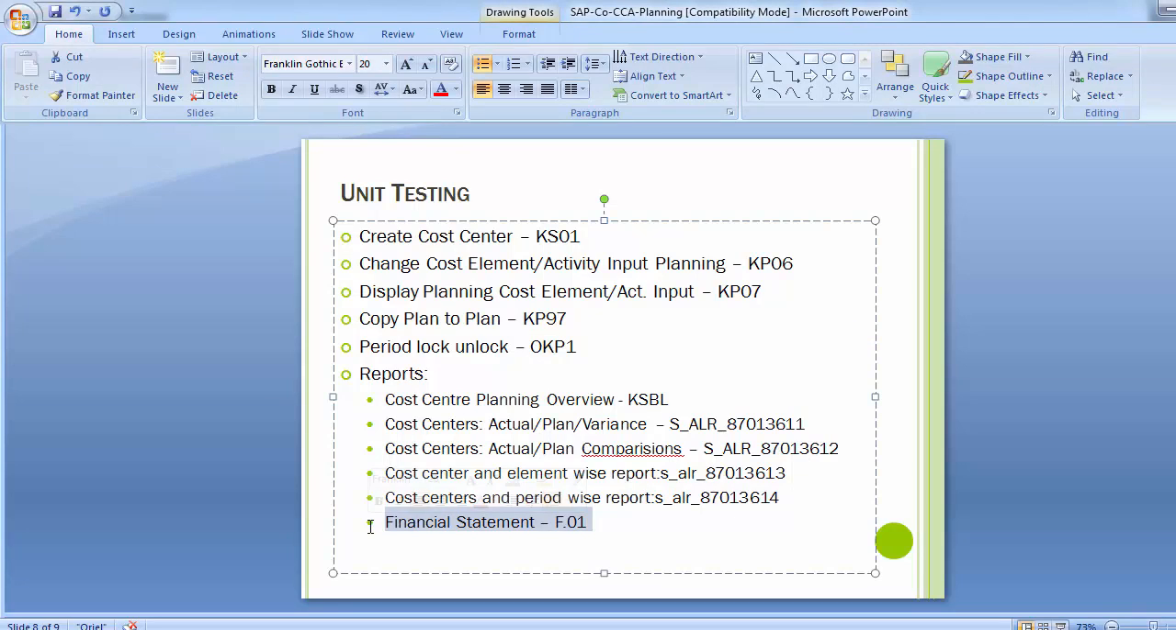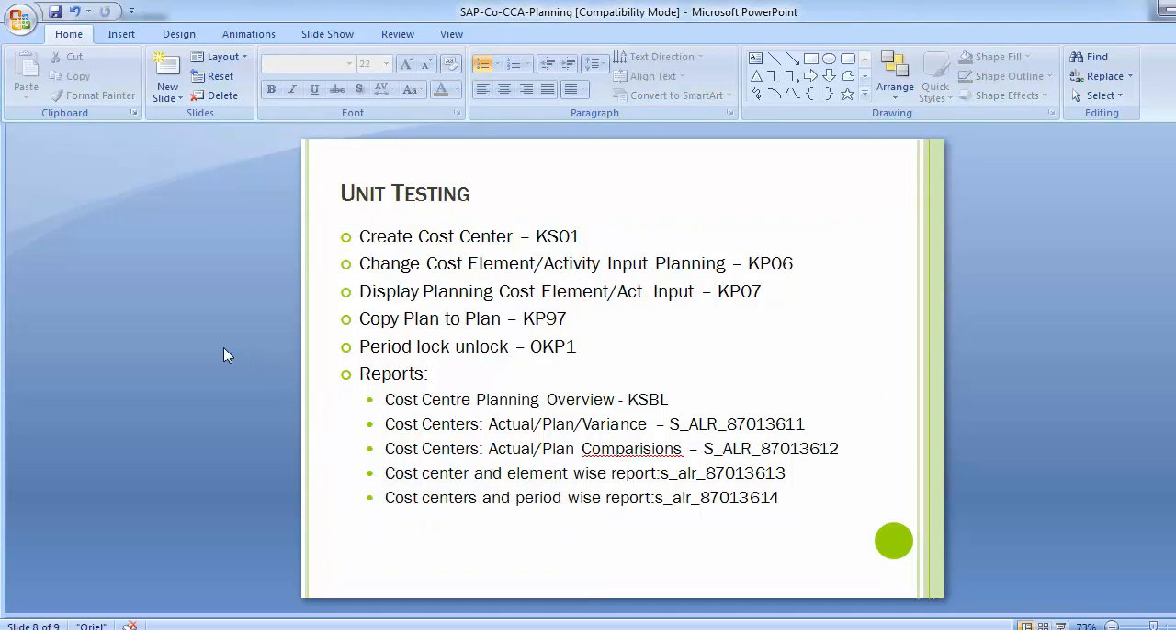So we can leave this financial statement part, as this has nothing to do with the cost